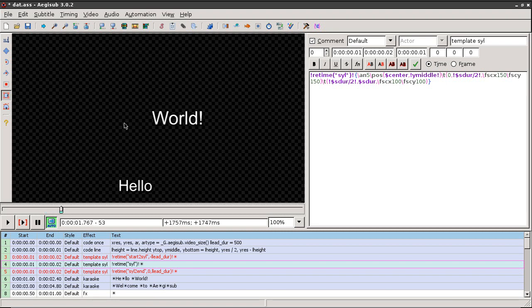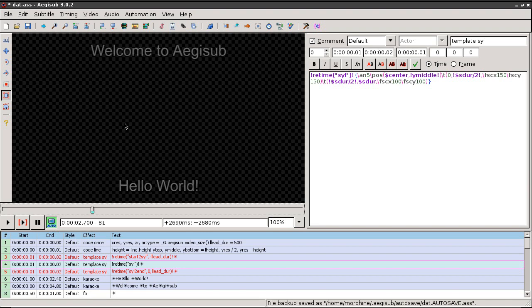And at the end, when the line is already at the last syllable, it will disappear. So you can see that effect.